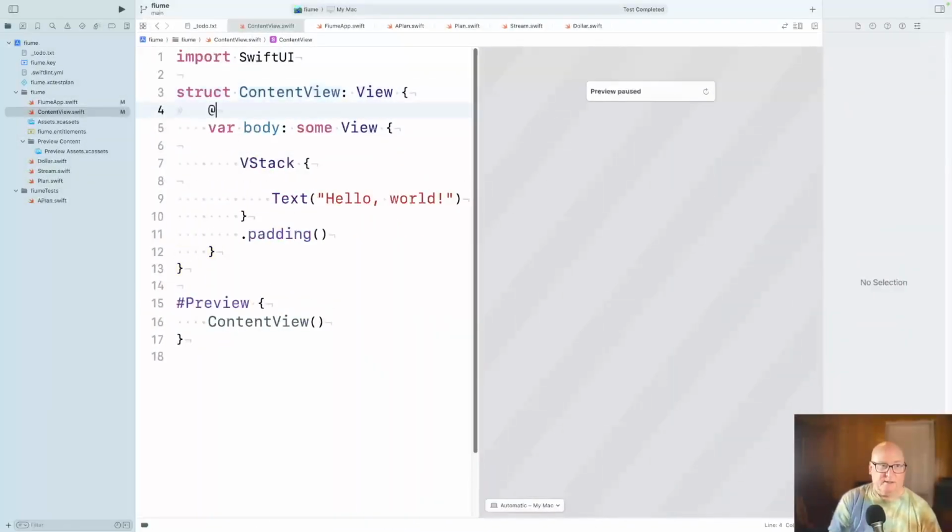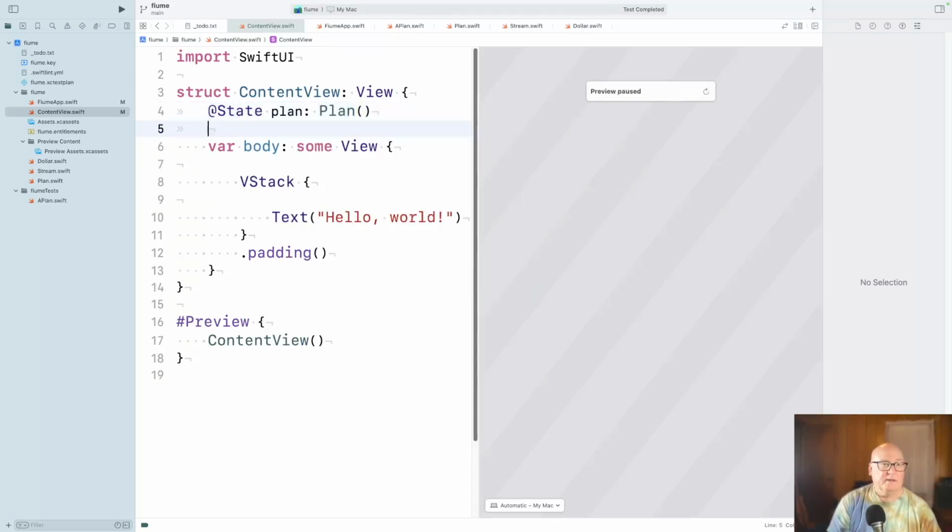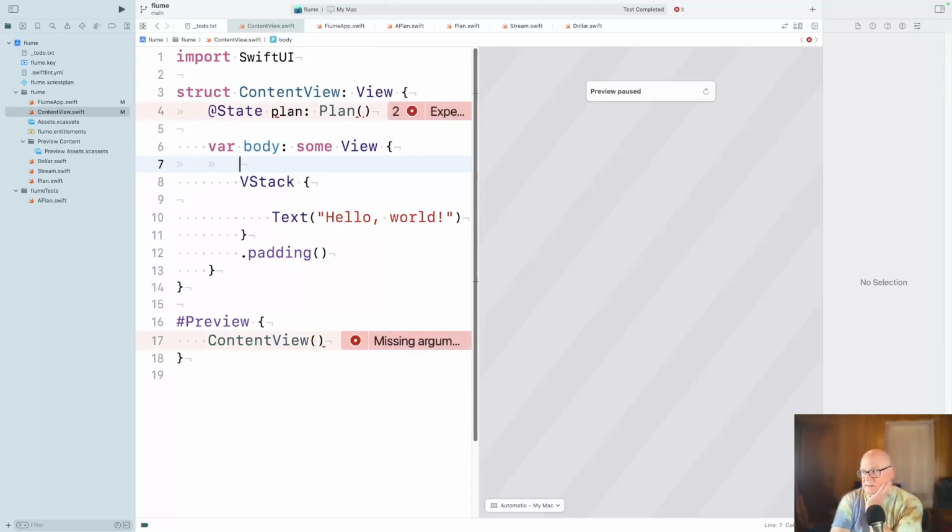So let's do at state plan is new plan. And then, yeah, I want to be able to change these things. Plan equals plan. Well, no, I really want to make it passed in, I think.